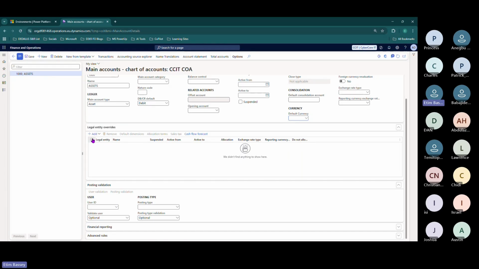All right. So the next field here is the legal entity override. What this simply means is that, again, we said the form is multi legal entity, or shared across all legal entities in the system. So in my ledger, I can map this chart of accounts to multiple legal entities, and here I can control how I want the account to be used in different legal entities. So for example, if I come in here and I set for